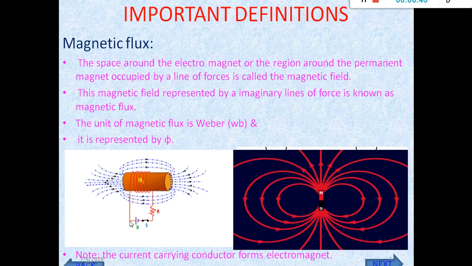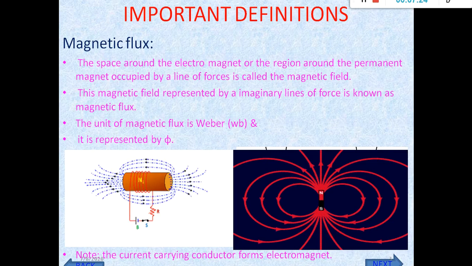When we apply the supply, current flows through the coil, which means the core gets energized and is converted into a magnet. It produces flux, which travels from its north pole to south pole. One portion of the core acts as a north pole and another portion acts as a south pole. Likewise, the electromagnet is produced.